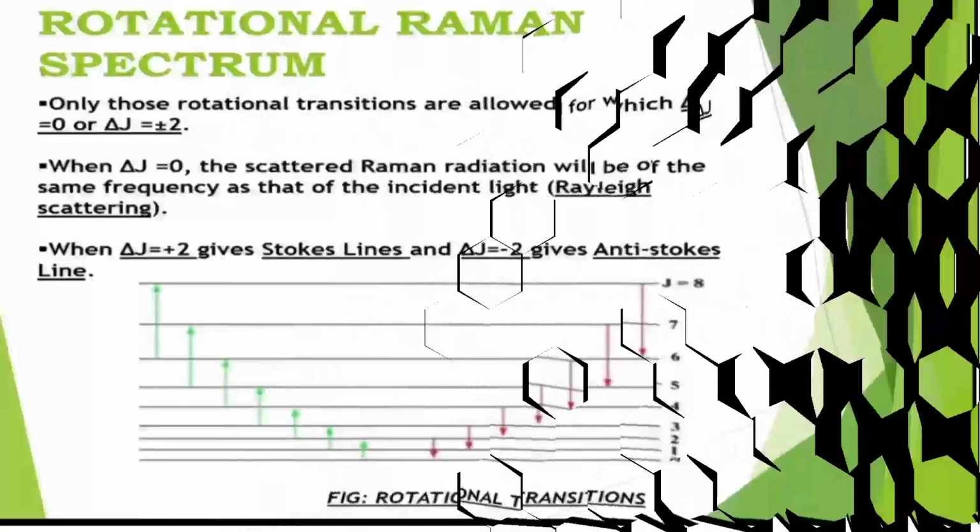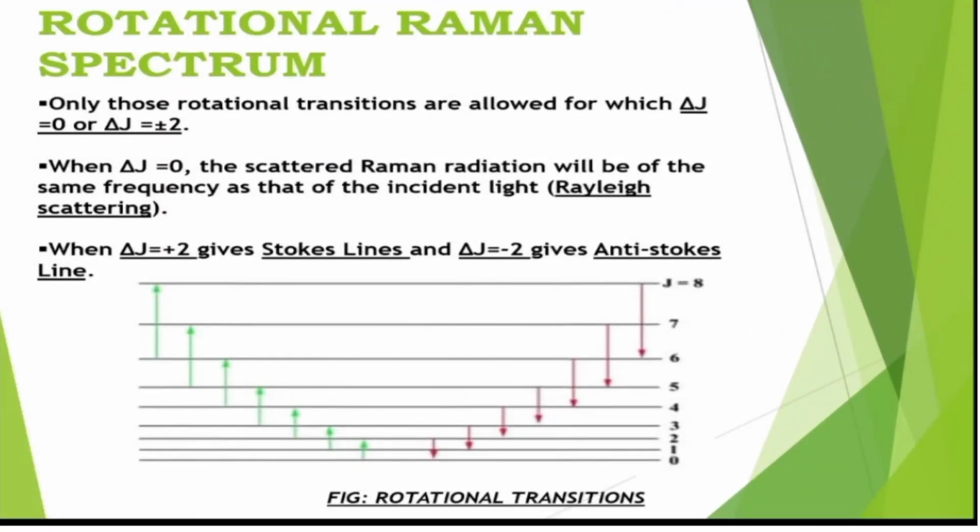Now next one is rotational Raman spectroscopy. Here I have shown the diagram of the rotational Raman spectrum. Delta J equals plus or minus 2 transition. Only those rotational transitions are allowed for which delta J equals 0 or delta J equals plus or minus 2. When delta J equals 0, the scattered Raman radiation will be of the same frequency as that of the incident line,